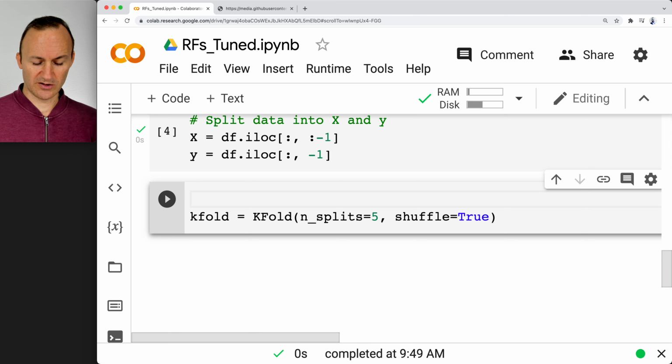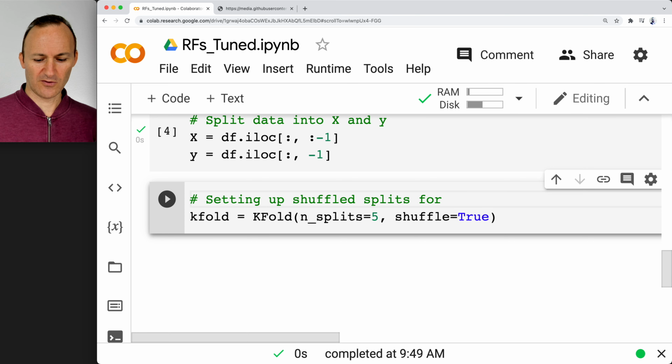So what we're doing is we're setting up, it's called k-fold, setting up splits. What's called shuffled splits, for both, this is the key, cross_val_score and